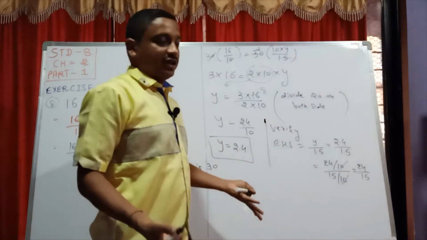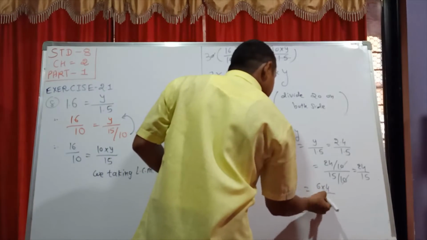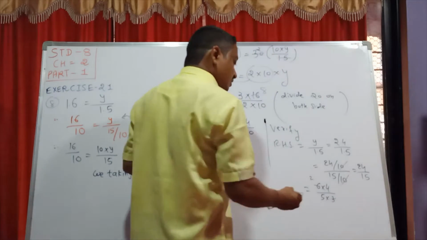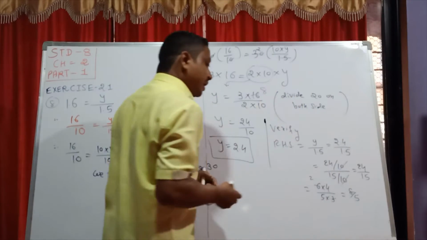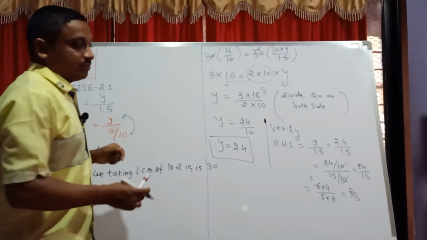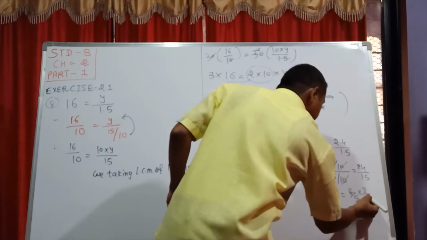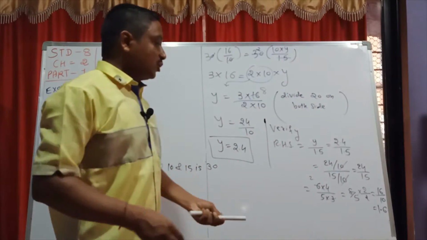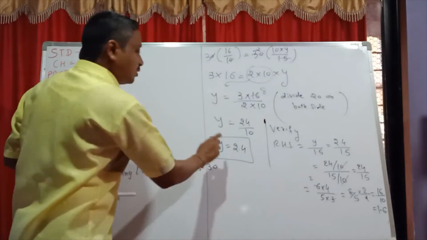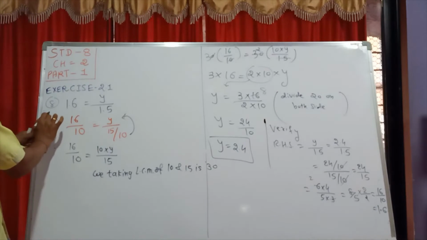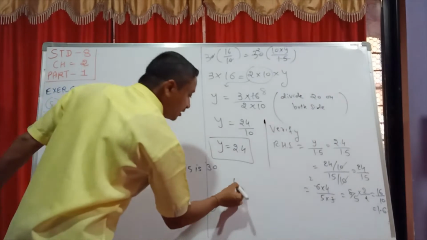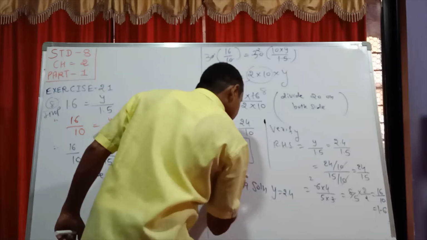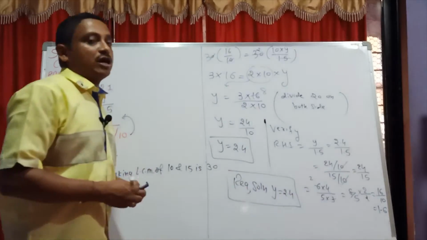Now 24 by 15, as you students know, 6 4s are, and here 5 3s are. This cancels. 3 2s are. How much? 8 by 5. And 8 by 5 is surely 1.6, because if you multiply by 2 and divide by 2, it is 16 by 10, and it is surely 1.6. And this is your LHS value. It means, students, y is equal to 2.4 is your final answer, and that's important. So the required solution: y is equal to 2.4. Students, here I just mentioned it correctly in your answer form.